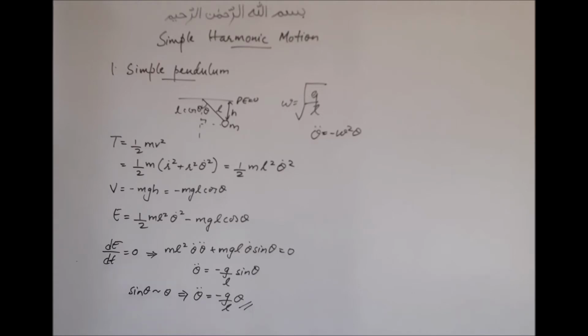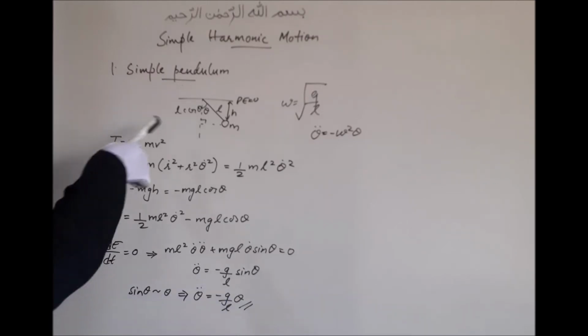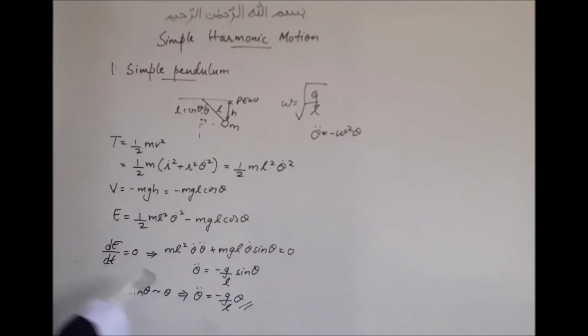So we can see that for small amplitudes, when sine theta is almost equal to theta, so we took small amplitude. When we take small amplitude, then sine theta can be written as theta here. So for small amplitudes, the motion of the simple pendulum is going to be simple harmonic motion. But for larger amplitudes, it will be anharmonic. That anharmonic motion could be oscillatory or periodic, but it will not be simple harmonic motion.